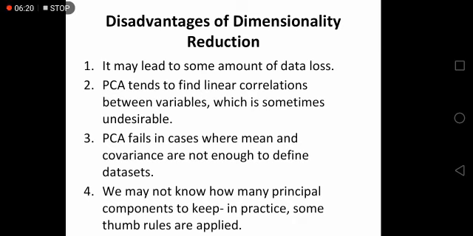PCA fails in cases where mean and covariance are not enough to define data sets. Why? Because the PCA algorithm has some steps which depend upon these mean and covariance values. We may not know how many principal components to keep in practice, that is how many dimensions we need to keep. Some thumb rules are applied.